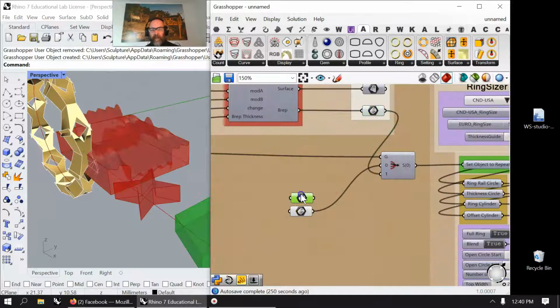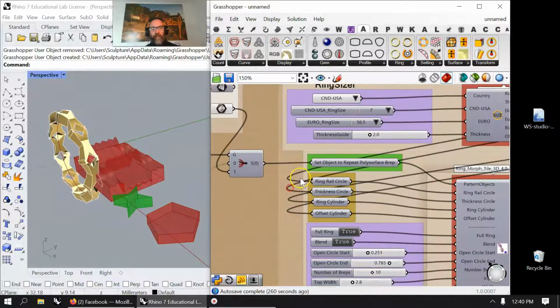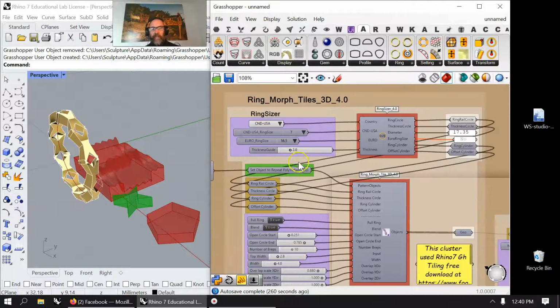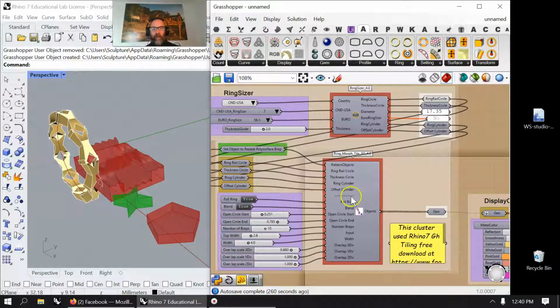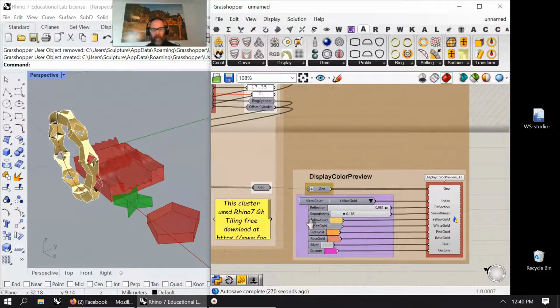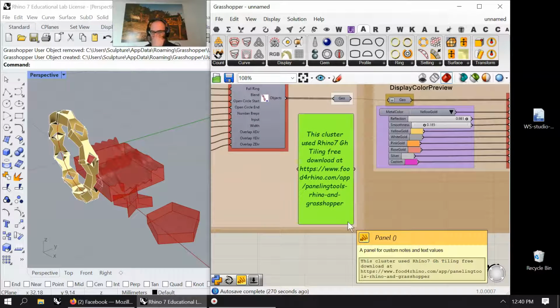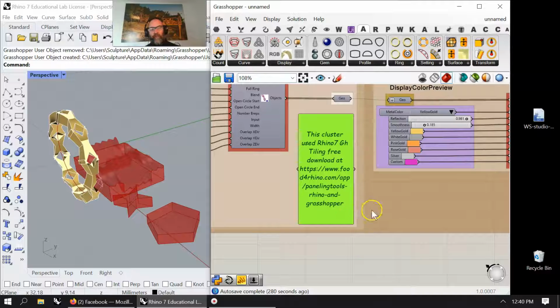But right now he's applied this pentagon, or this star pentagon, to his ARA system of creating some really wonderful things. He's got a ring morph tile 3D 4.0, which he's bringing on as the fourth version for ARA jewelry, and you're left with, as long as you have the patience to go in and get the latest version of Rhino 7.2 or higher, 7.3, you can bring in the paneling tools, but you have to be very careful when